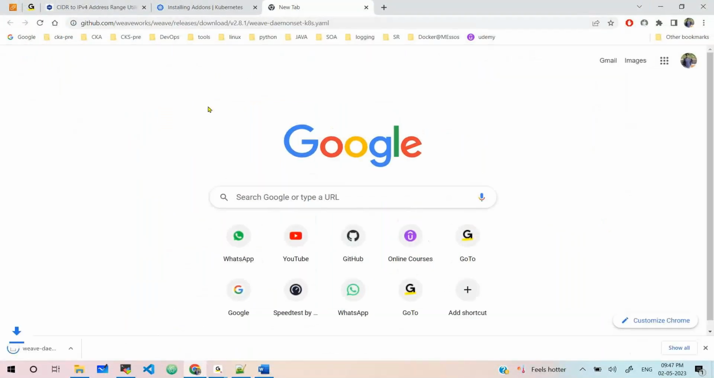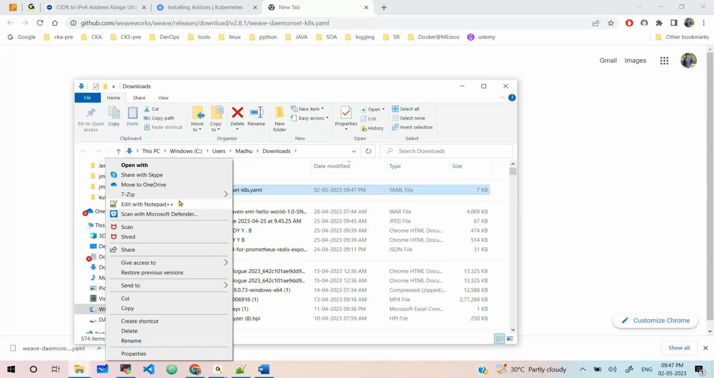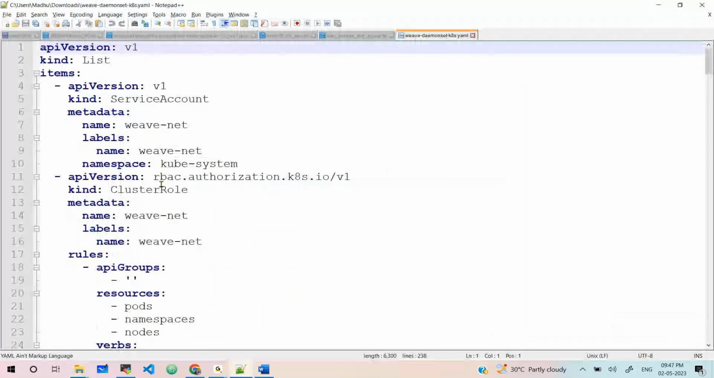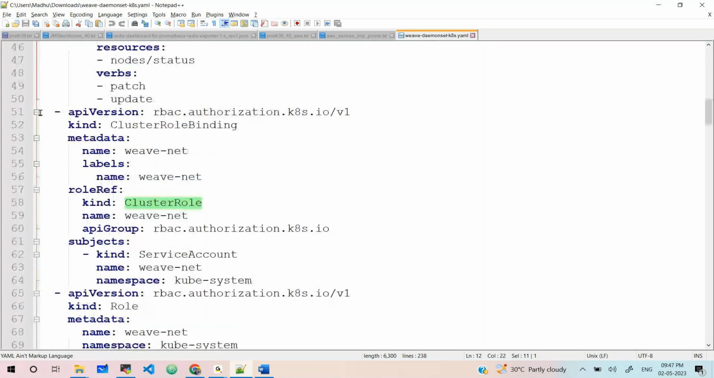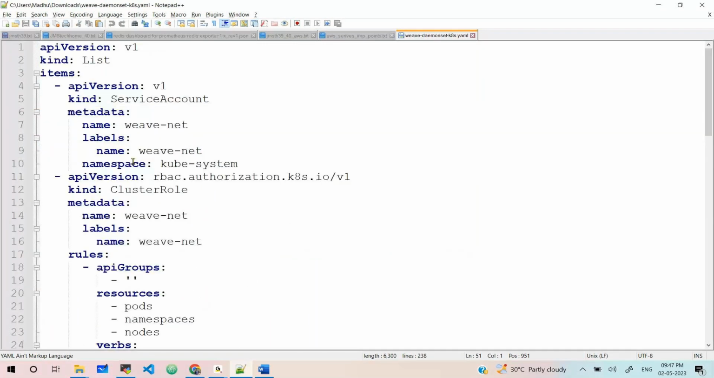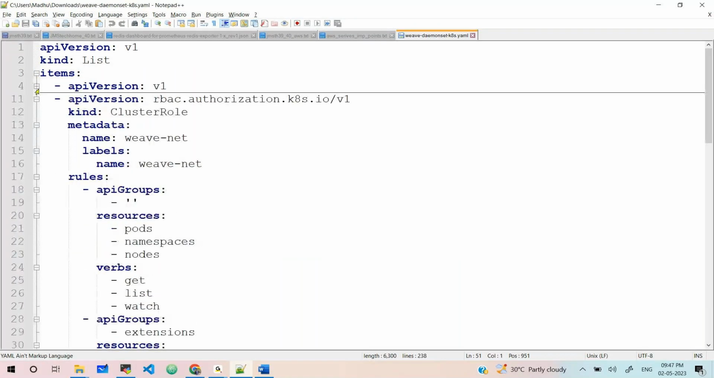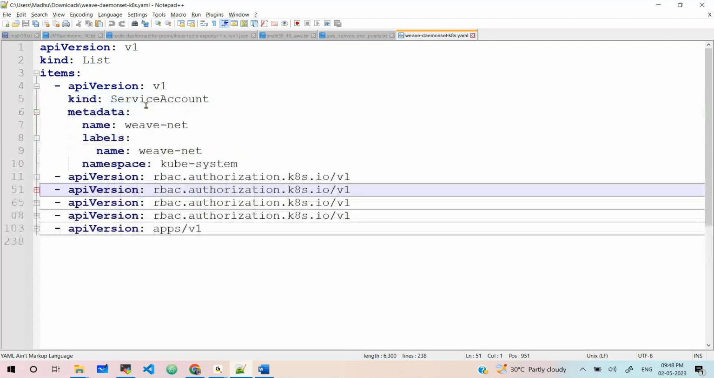The Weave network. What are the objects, what components does it contain? This is the YAML file. Anyway, it's shown in the folder, open this. See here, there is a service account, there is a cluster role, like all the kinds you can see. This API version, this API version, this API version, you can see this many. The first API version is the service account, the second API version for